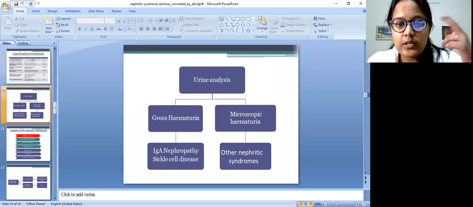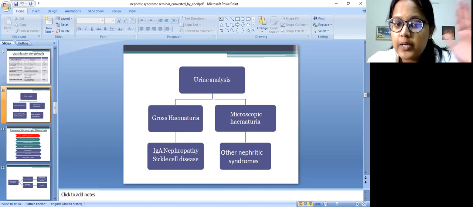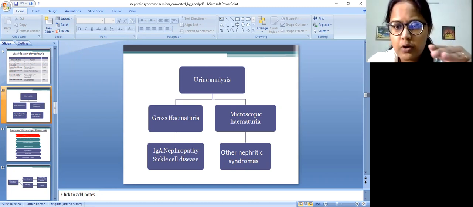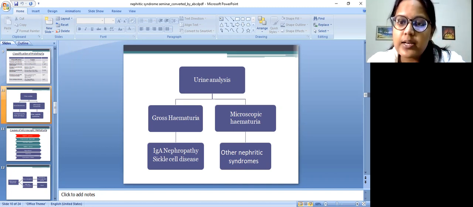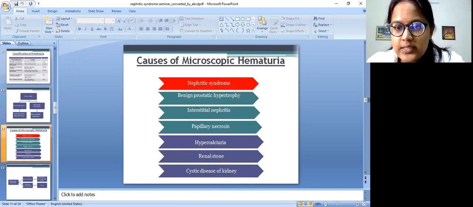Then after protein, you will look for hematuria. If there is blood in urine, there are two possibilities. Either there is gross hematuria, frank blood in urine, which could be in IgA nephropathy or any bladder cause, renal cause, or post-renal cause. Or there is microscopic hematuria, meaning the urine is clear but urine analysis shows RBCs, and that means the patient could have nephritic syndrome. These are the possible differential diagnoses if your patient has hematuria. From the kidney to the bladder to the urethra, damage anywhere can cause blood in urine.